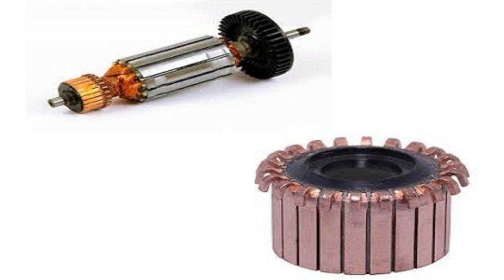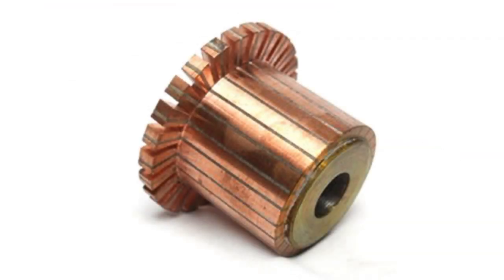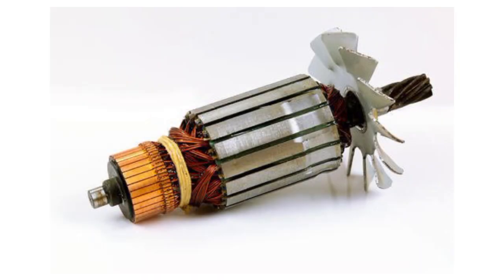So the commutator in a rotating machine is a critical component. The commutator reverses the direction of the current flow in the armature winding. It helps to generate the torque in DC motors, and in DC generators the commutator converts AC